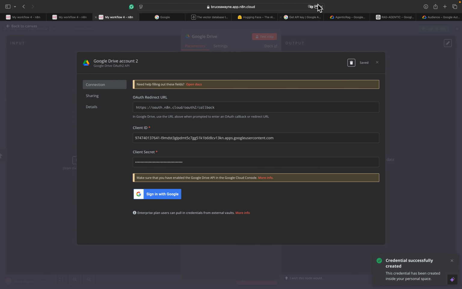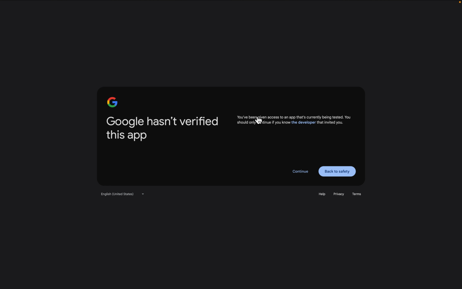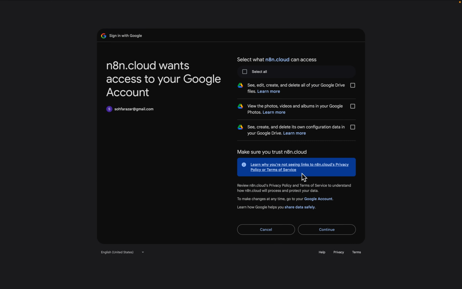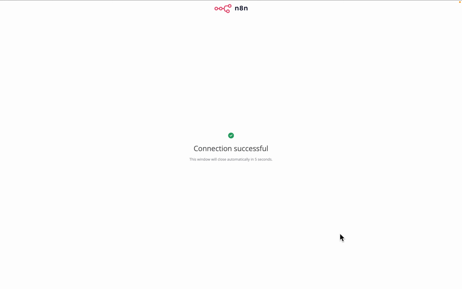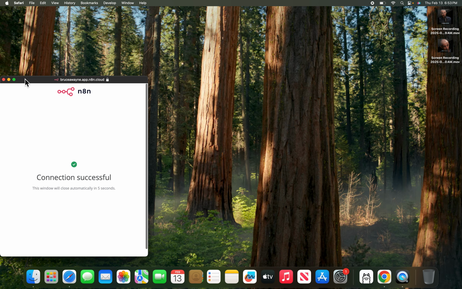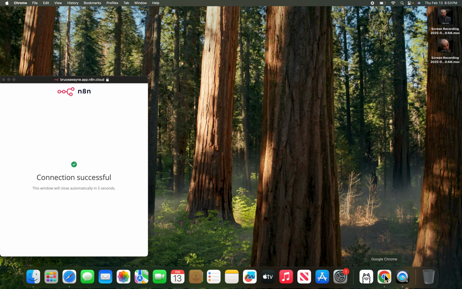So sign in with Google, and you're going to be prompted to this web page. So click on the email you use. You have been given access. Here click on continue. Don't worry about the back to safety thing. Click continue and just select all and continue, and we gave it access to our Google Drive, which we can use to retrieve our document,